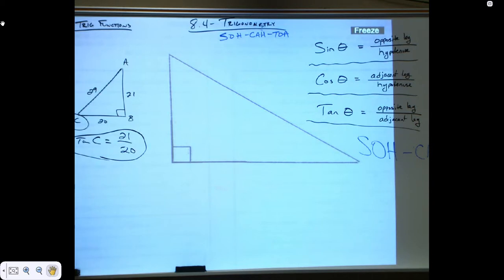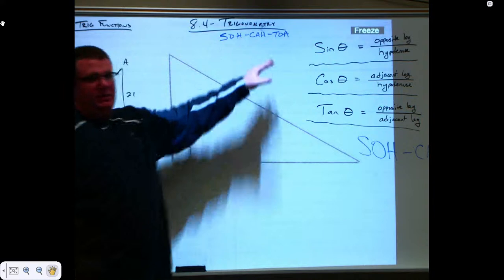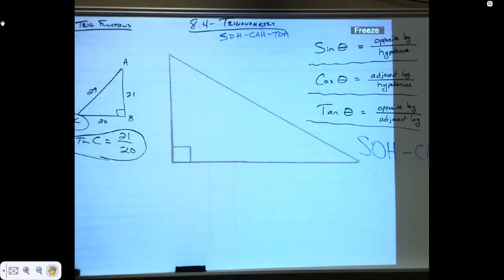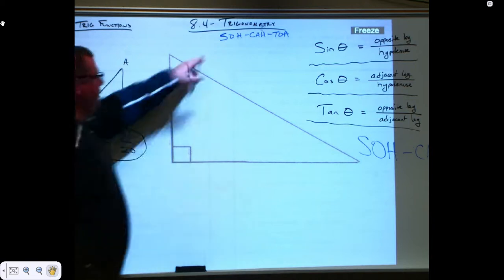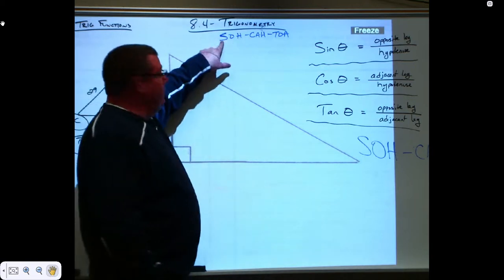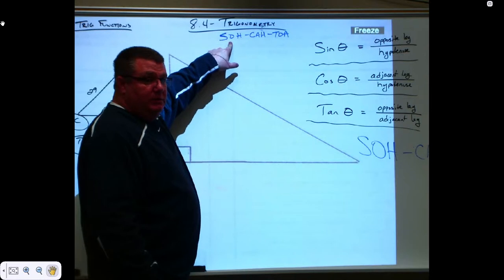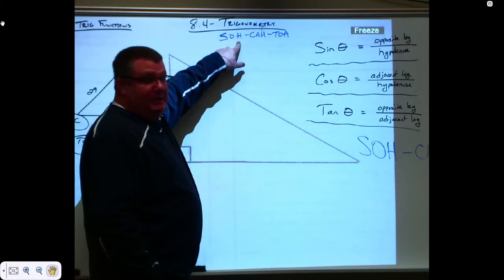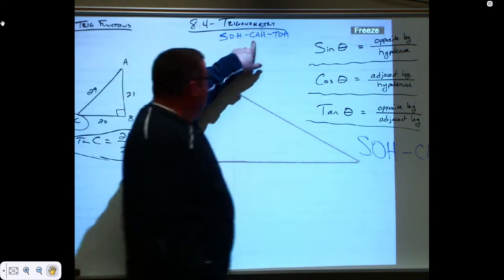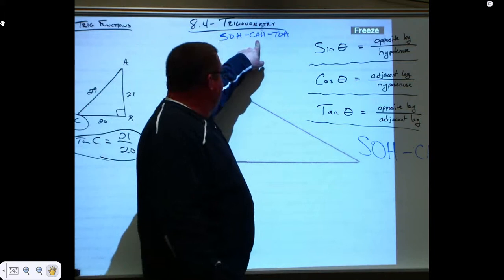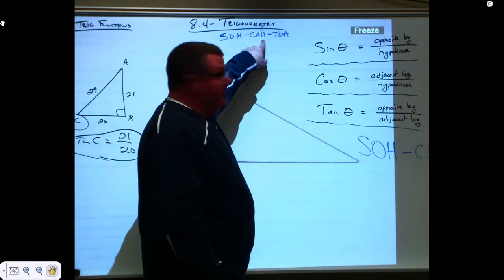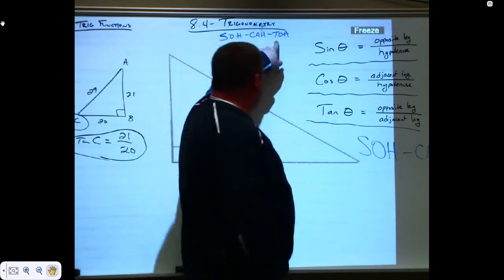Now, back to SOHCAHTOA. You won't hear the leg part on the end, but you'll get used to it. The hypotenuse is always the hypotenuse, so you ought to be able to figure out which one is adjacent. What's the only one that starts with an S? Sine. O, opposite. H, hypotenuse. Cosine. A, adjacent. H, hypotenuse. T,